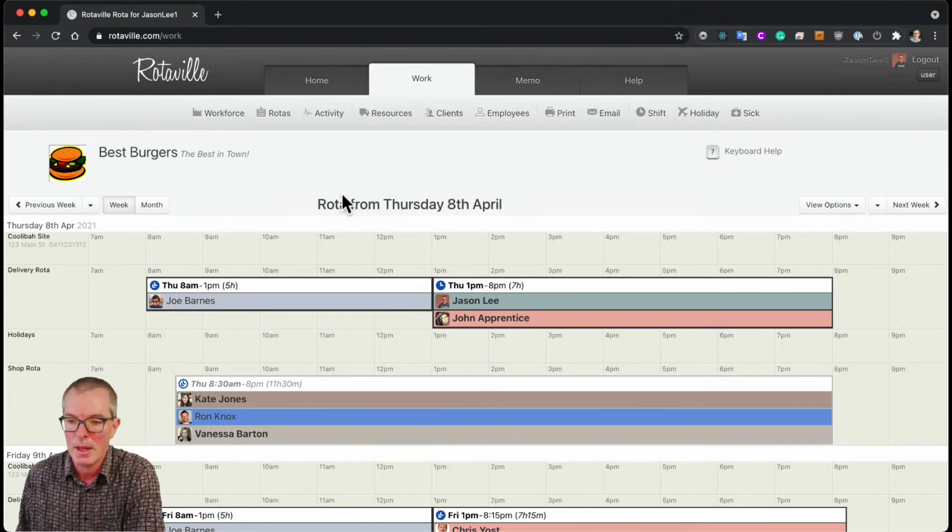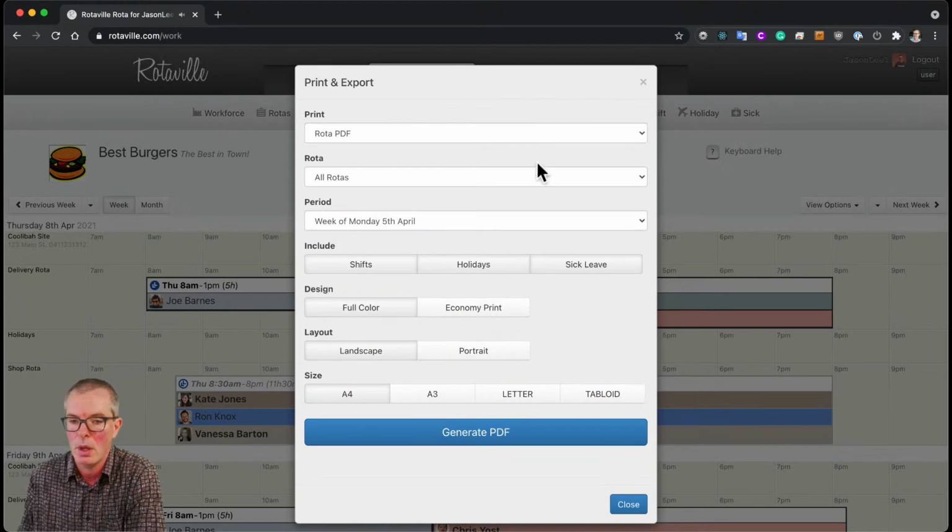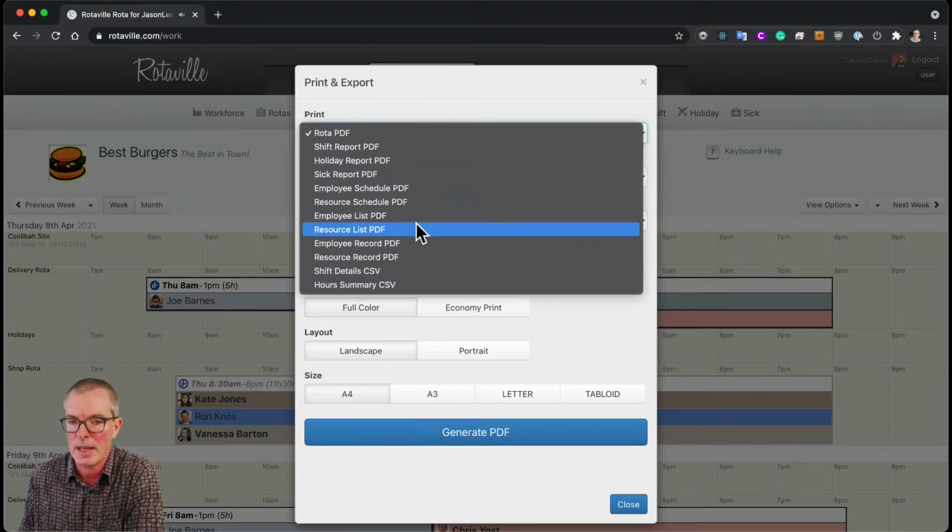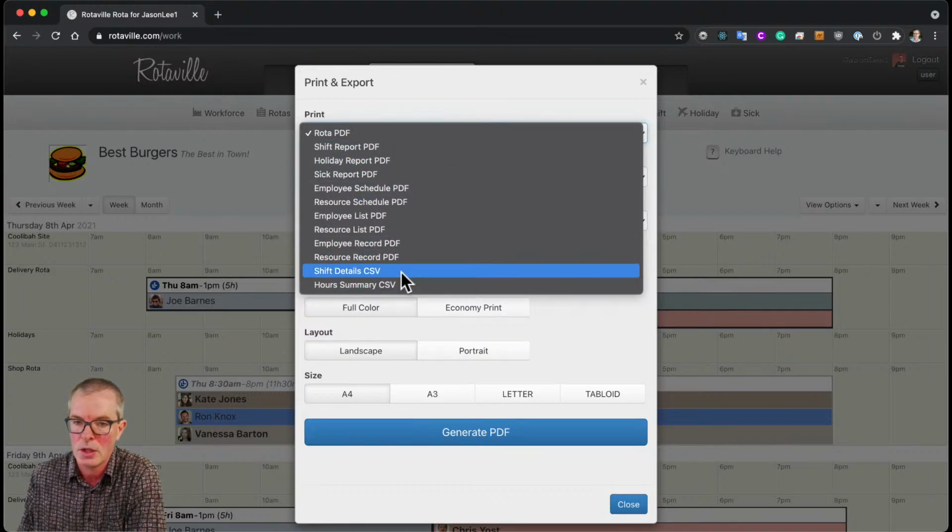Now, it's great having the notes there in the system, but maybe you want to get them out, or you want them on hand in case your internet is down. So if we go to the print menu, the print dialog box, we can now see that this first option has changed. Previously it was radio buttons, but it's now a select list. So you can select those same options as before, such as the rota or the shift report or the shift detail CSV. But you can now also